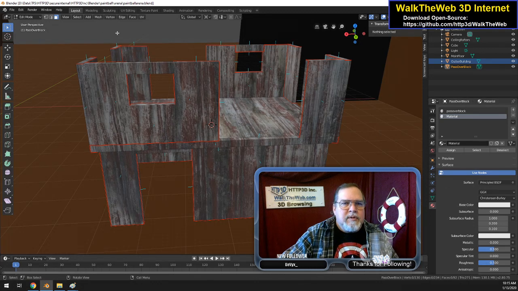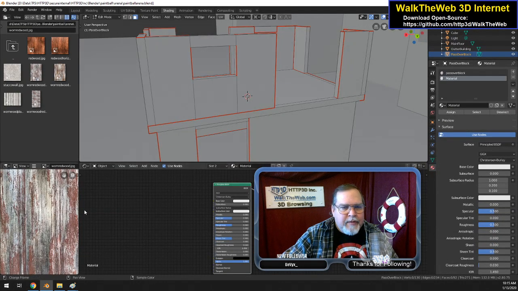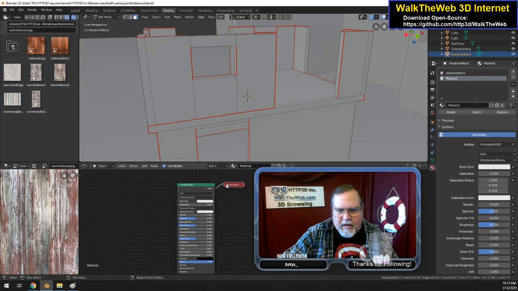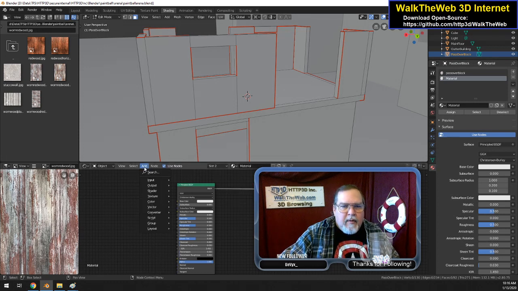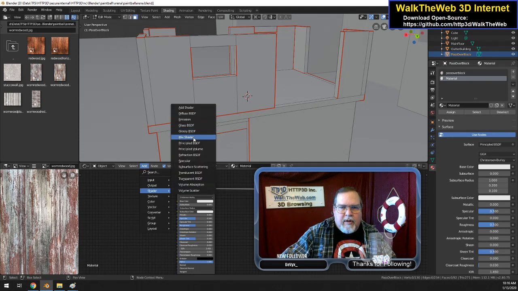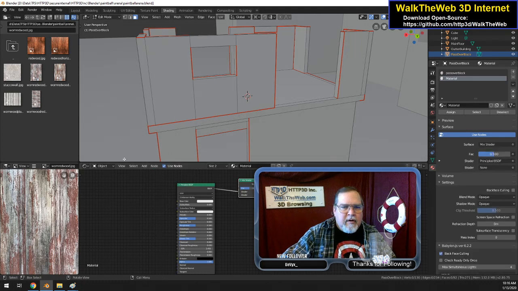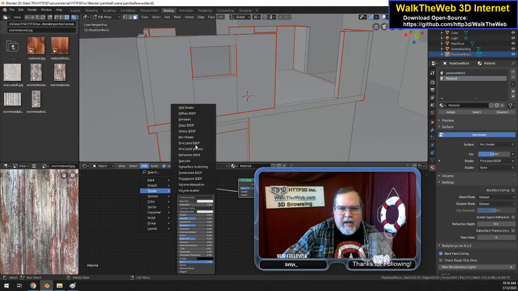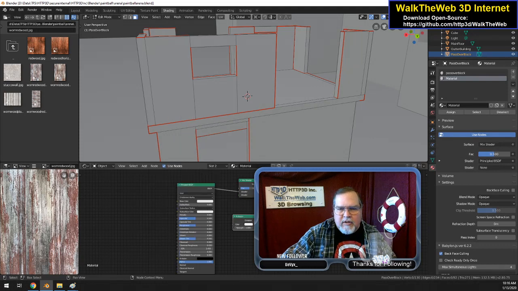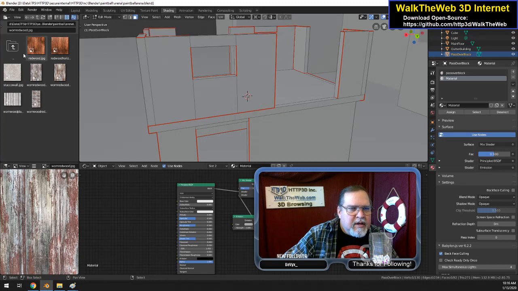I'm going to use nodes once again. I'm going to go to shading, and we got a couple things to set up here. Oops, what did I do? There it goes. Okay, add shader, mix shader, put that in there, and add shader, and I'm going to put in emission shader just so that I can make sure I can set it bright enough when this is done. I'm going to tone that down to start with, and then we'll back it off as needed. And then over here in this section,